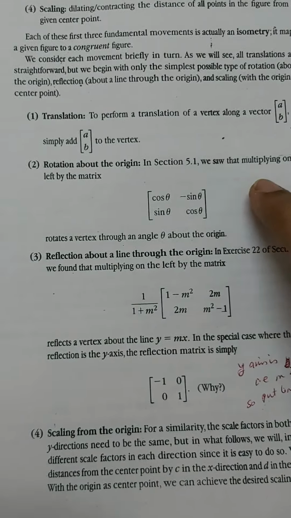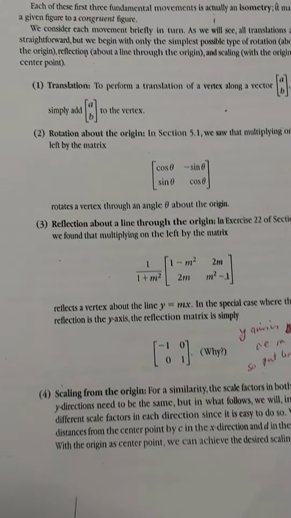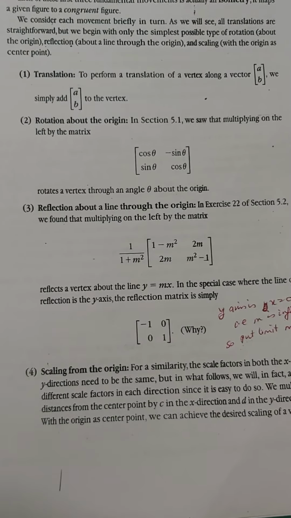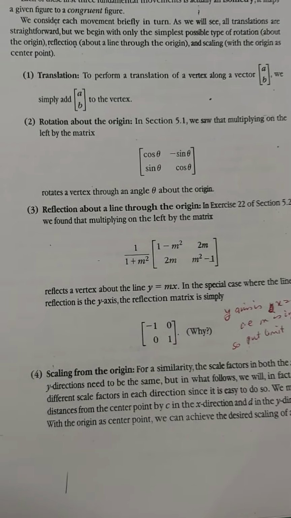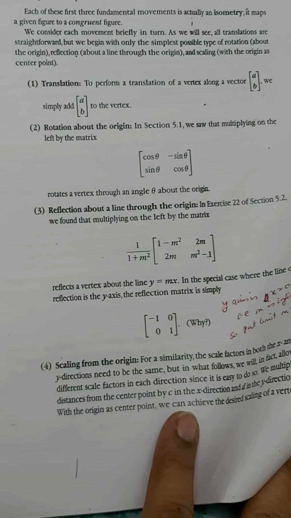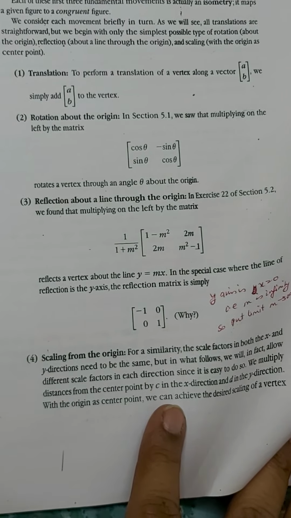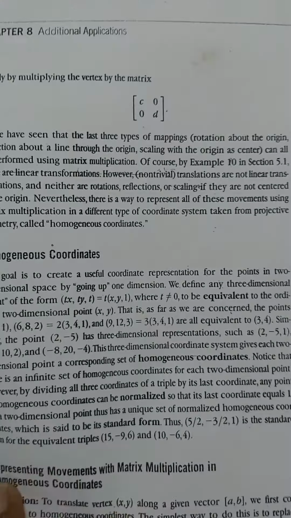Reflection about y-axis we can obtain by this matrix, and scaling can be obtained by multiplying matrix [[c, 0], [0, d]]. Now, to get all the operations by simply multiplying by a matrix, what we will do, we will change to